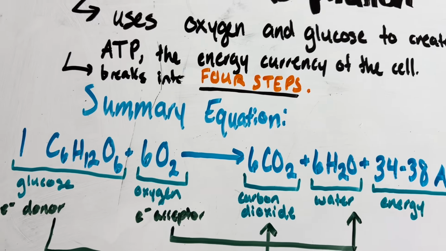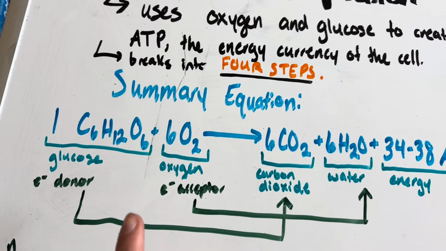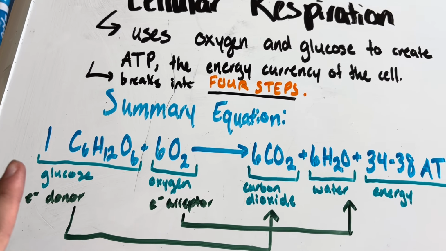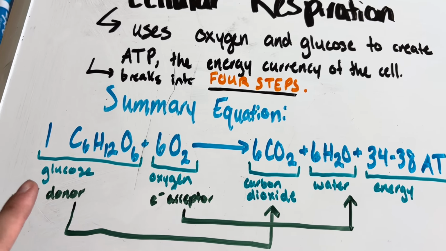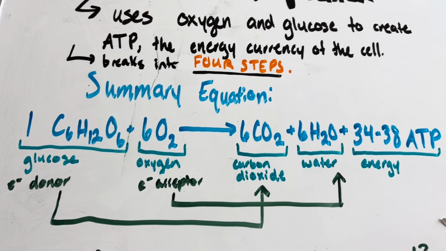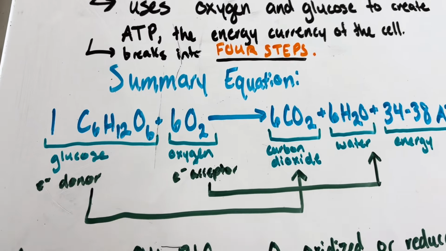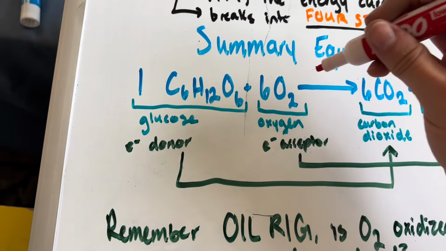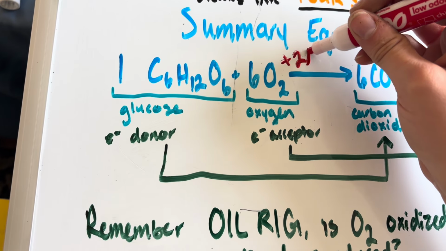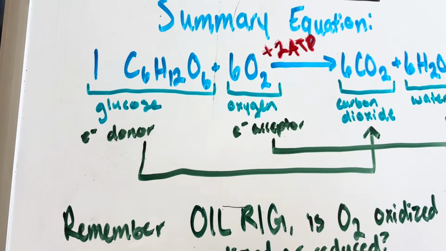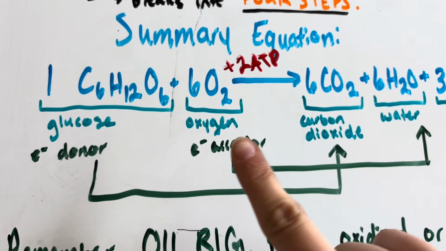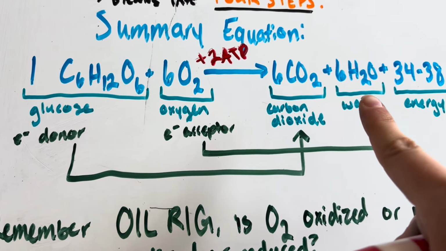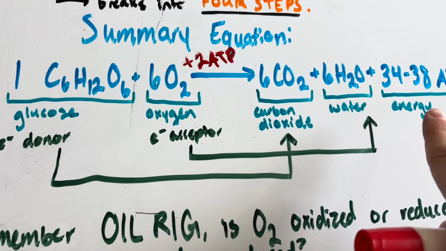And so this is our summary equation. This is before we do anything. We need these things in order to start it off. And sometimes people will also write in the 2 ATP, but we'll get to that in a second. And then we get 6 CO2, 6 H2O, and then 34 to 38 ATP